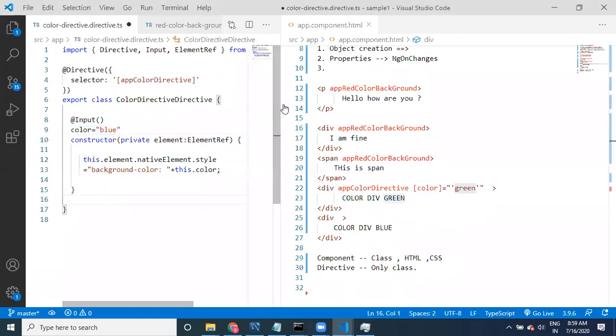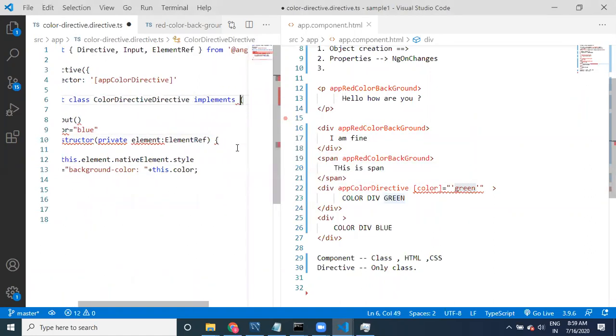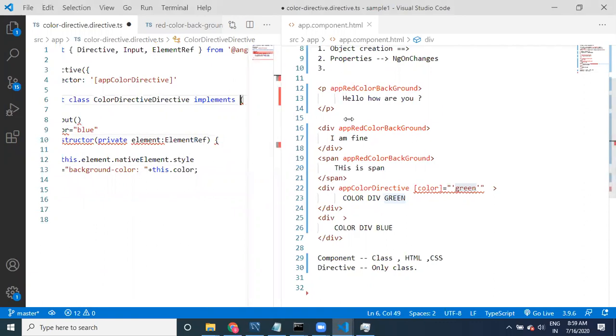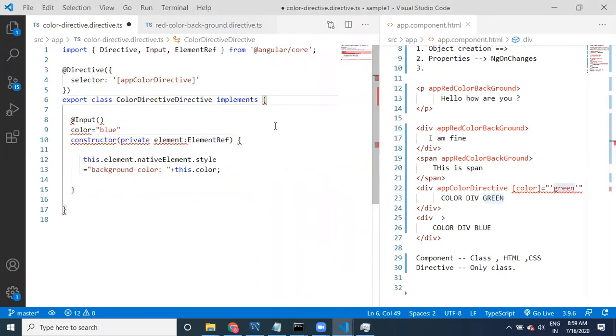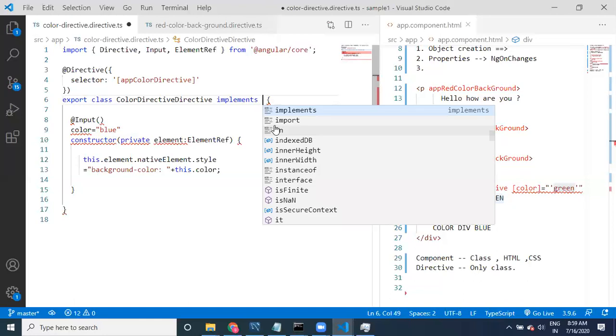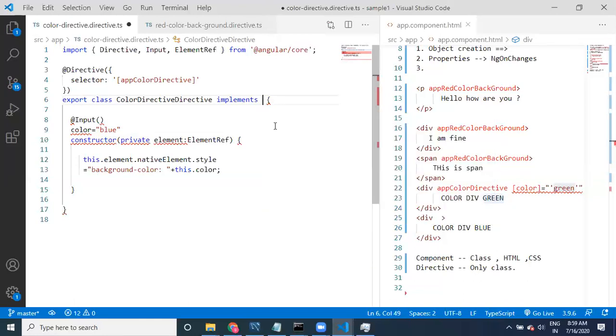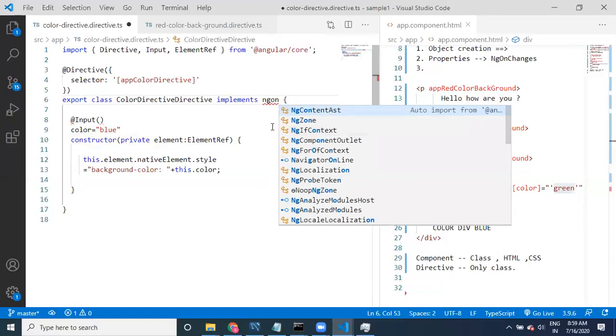That's why instead of using the constructor, we'll use implements ng on init.